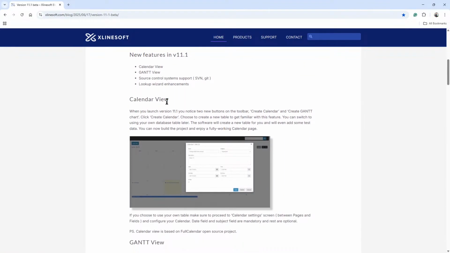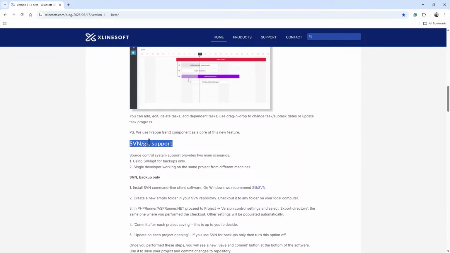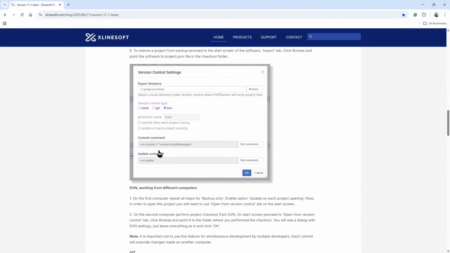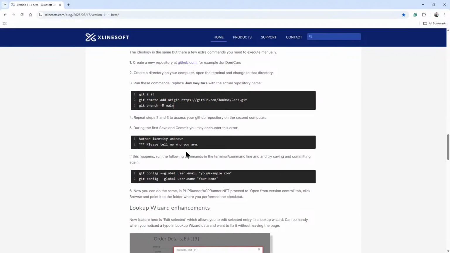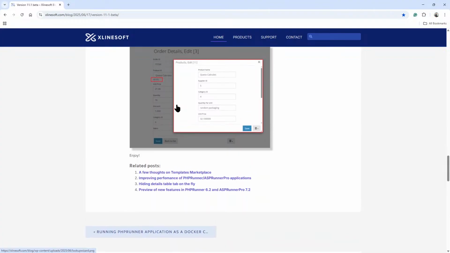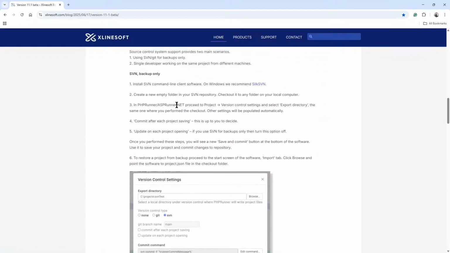Everything I told you about, from the calendar view, the chart view, SVN or Git. I didn't do SVN, I just explained Git, and there was a small difference in the Git section: I did some extra global setting on my setup. It's not necessary that everybody will be in that situation, but I had it, so I had to do that. And everything else is exactly what I shared with you. So thank you very much for participating.